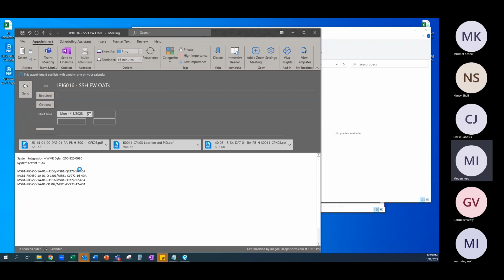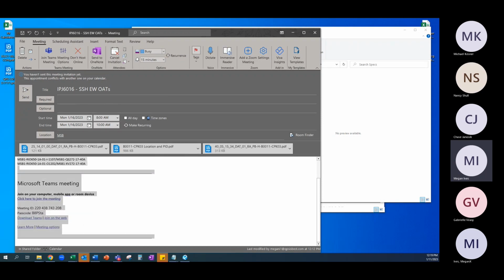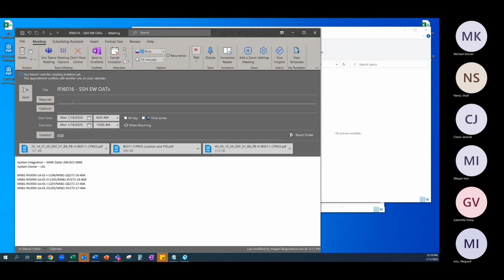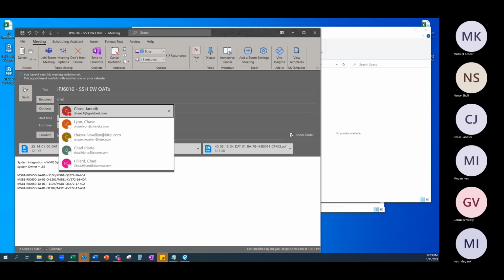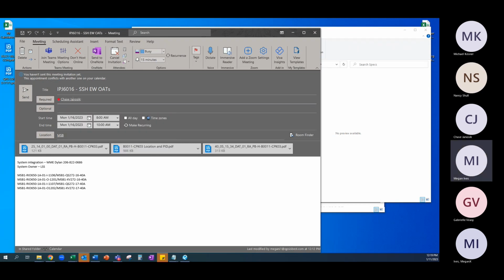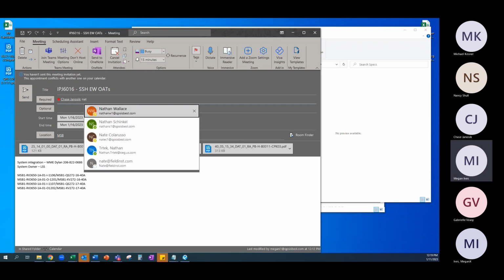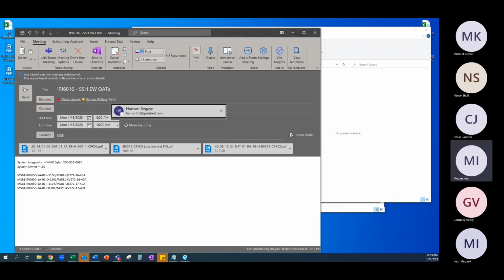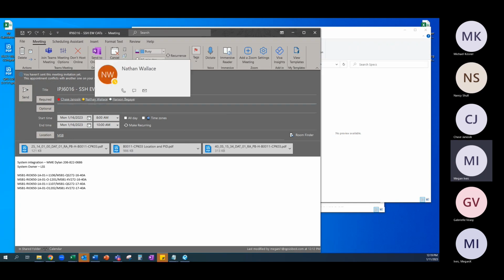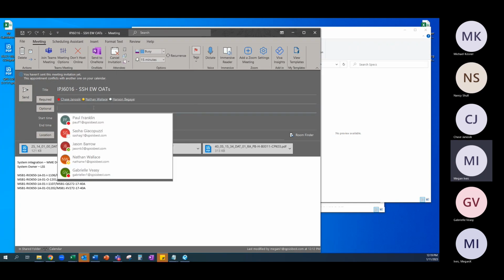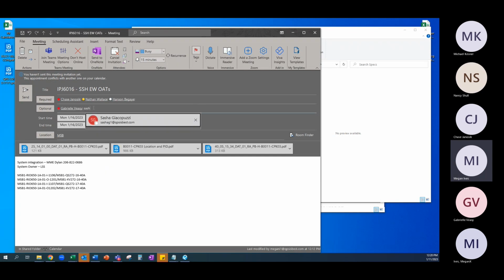So I'll go ahead and send this out. I'll include the general foreman on there. Let's, for example, say it was like Nathan Hansen. I'll include the general foreman in there. I'll CC the PM. So let's just throw some names on here just to make sure that they're aware of